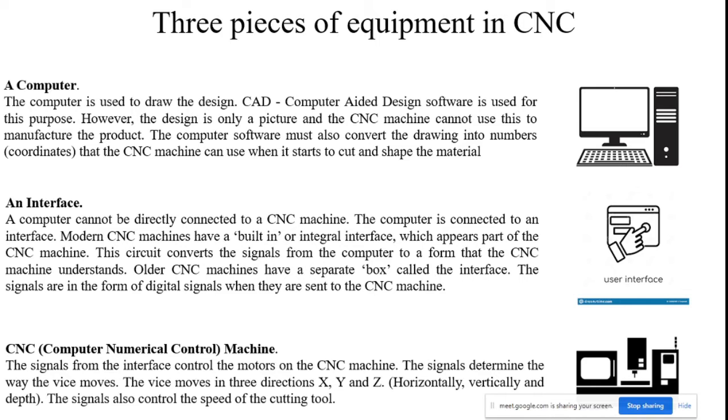But in CNC machines, the signal is only used to control the speed of the cutting tool with the aid of a stepper motor or servo motor. In upcoming slides we will discuss what is meant by servo motor and what is meant by stepper motor. Without this knowledge, you can't write the program or know how the program actuates the machine. As an engineer, we should know every part involved in computer numerical control machines. That's why I explain everything in a basic and fundamental manner.